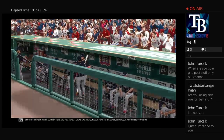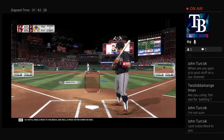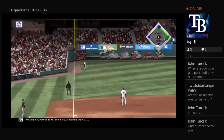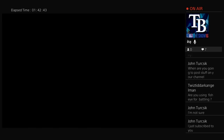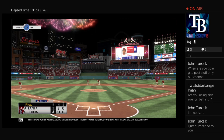So with runners at the corners here and 2 gone, it looks like they'll make a move to the bench, and we'll have a pinch hitter coming on now. Some action out in the bullpen. Couple of right-handers starting to loosen up. Valentine goes the other way with it as this is in the air down the line in left. Ortiz is there to make the catch, and a great job of pitching. It was mostly pitching and defense in